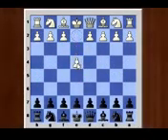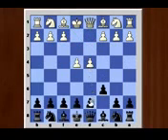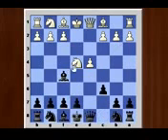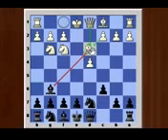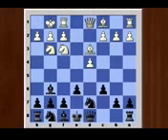e4, c6, d4, d5, knight c3, d captures c4, knight captures c4, bishop f5, knight g3, bishop g6, knight f3, knight d7, bishop d3 and castle, bishop d6, knight e5, bishop captures e5,